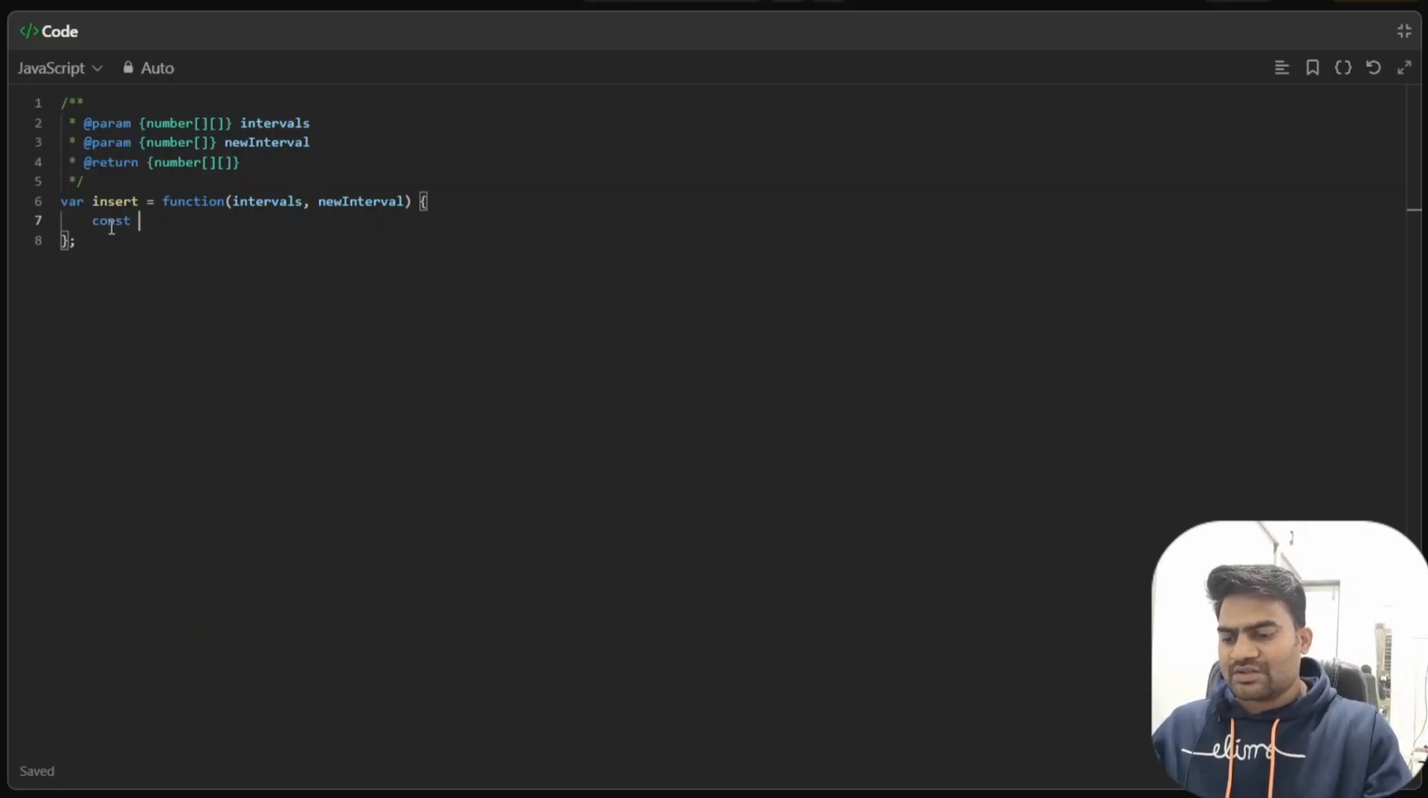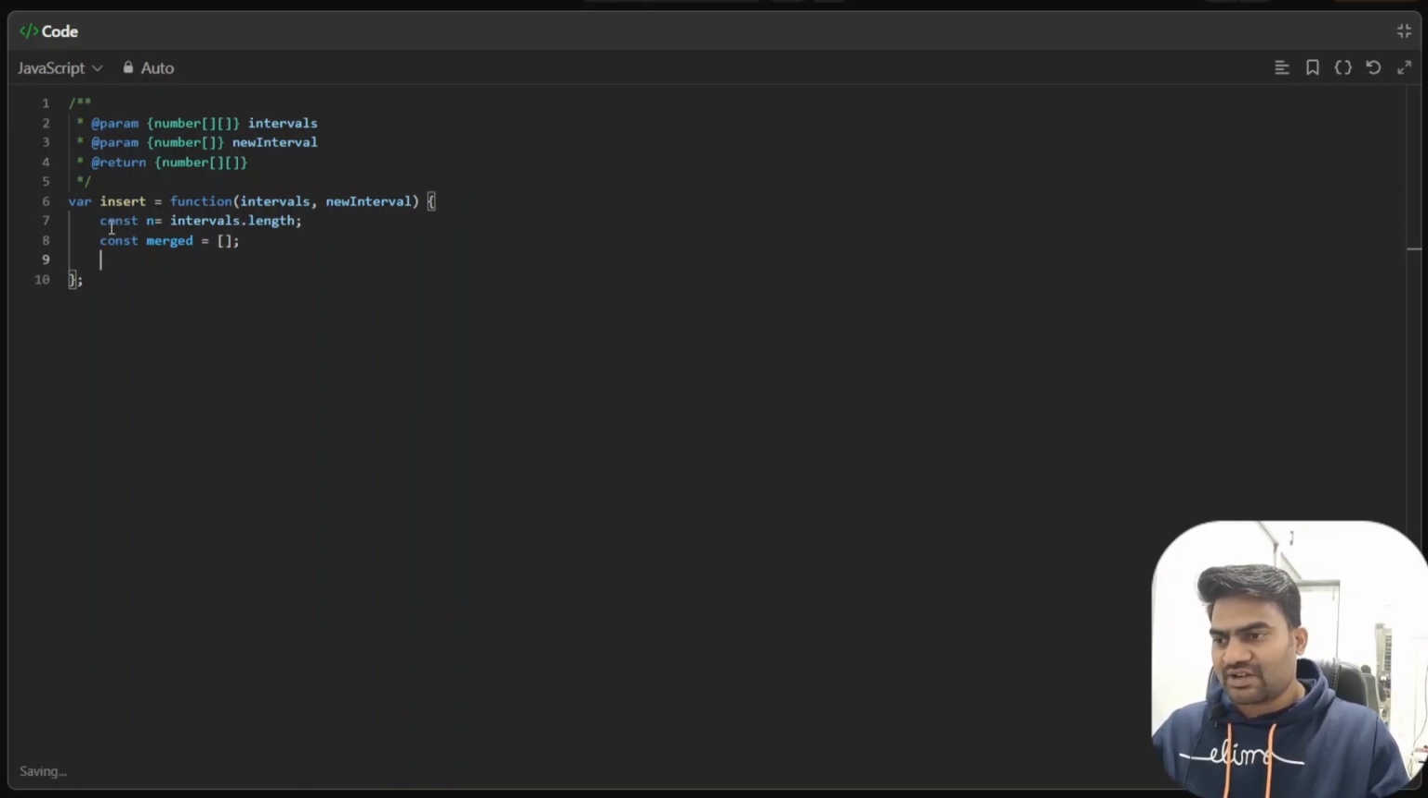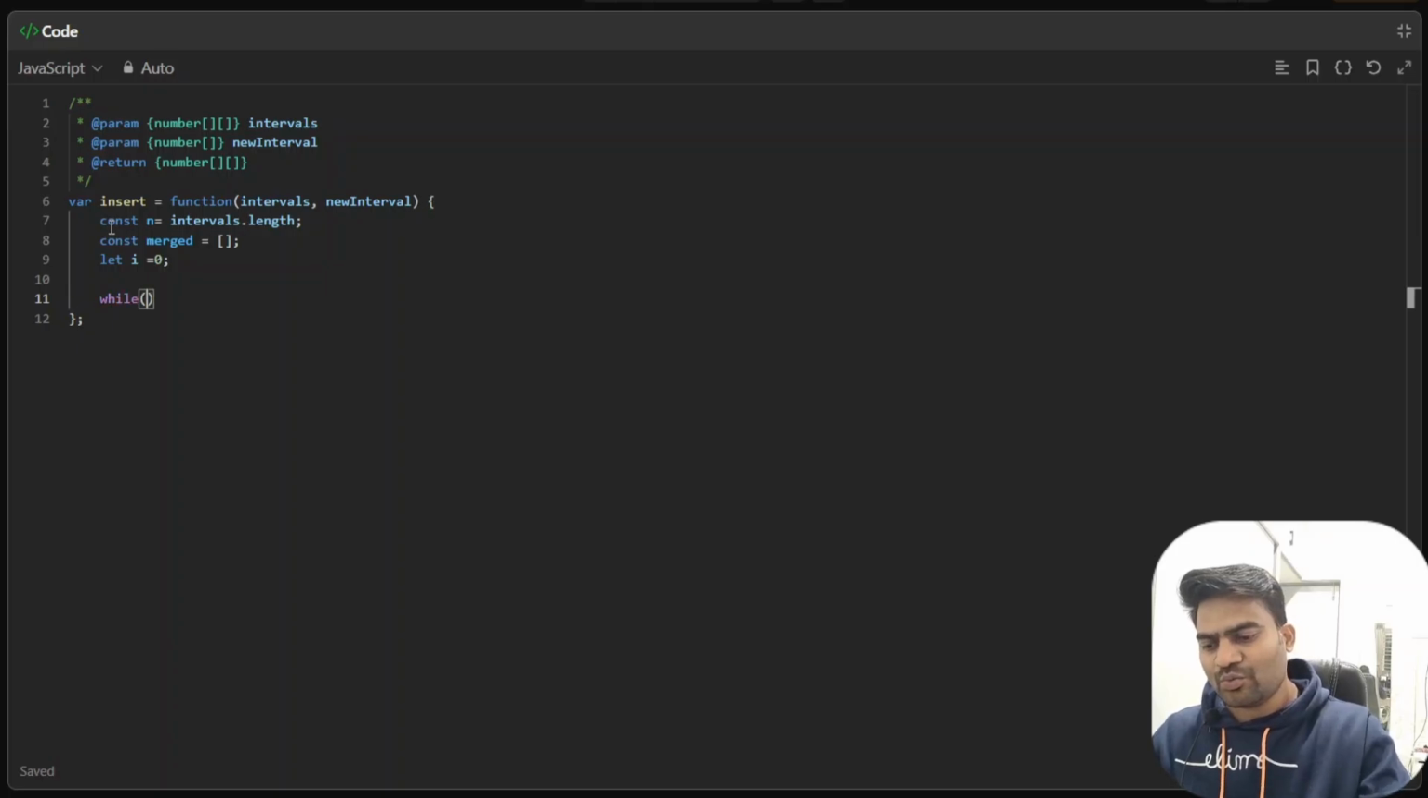Okay, so const n equal to intervals.length. So this gives us the length. Next, we need merged array, which is an empty array. Then after this, I need a variable, let i equal to 0. This is a pointer basically. Then I will use the while loop. While i is less than n, I will process. First I will process left